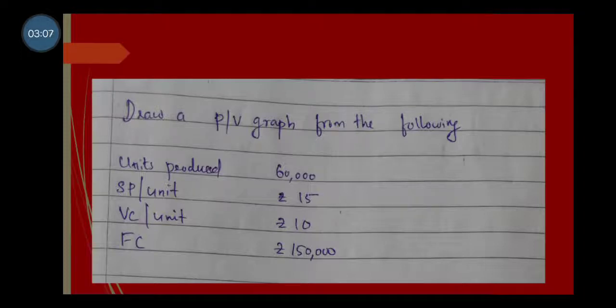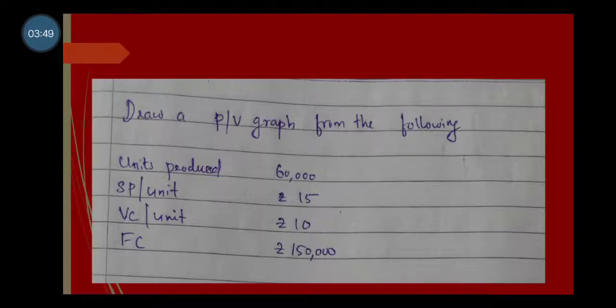Profit is plotted on the y-axis, loss is also plotted on the y-axis, but profit is above the x-axis and loss is below the x-axis. These two things are drawn on the y-axis. The profit and losses at different levels are plotted and the points joined by a line called the profit line. It means the profit line is drawn from the fixed cost to the maximum level of profit. From the maximum level of profit, we draw a line to the fixed cost.